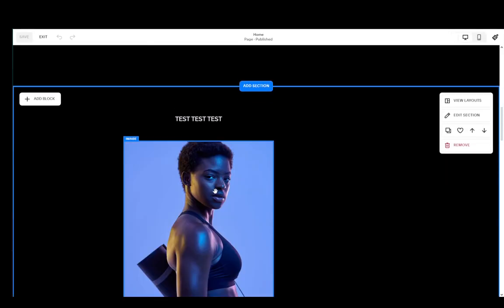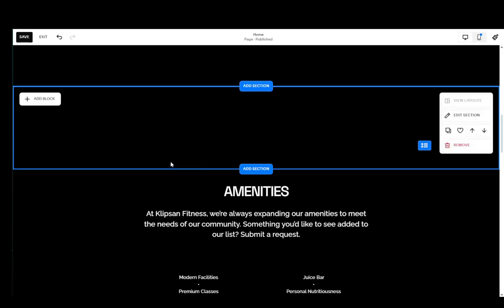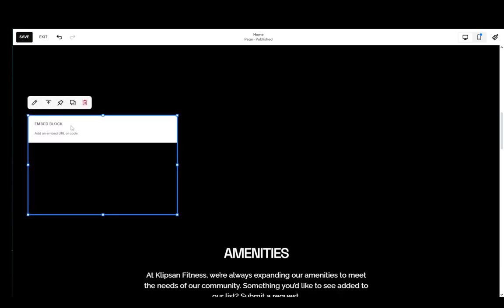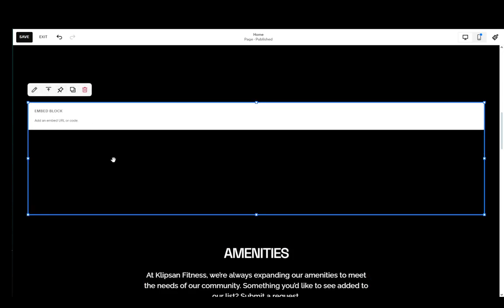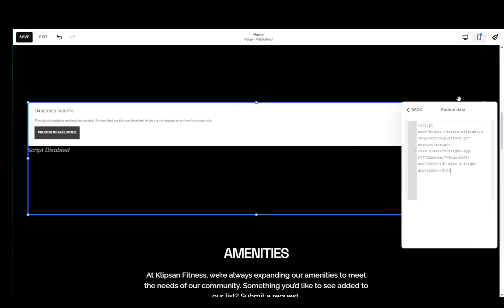Let's just go ahead and delete these images right over here, just so that I have some space to work with for the slider. Go ahead and delete this, go ahead and add a block, add the embed segment, and on the embed block, I'm just going to go ahead and stretch it over the entire page, just like that. Click on the pencil icon, go ahead and go into code snippet, embed data, paste the code we did previously,